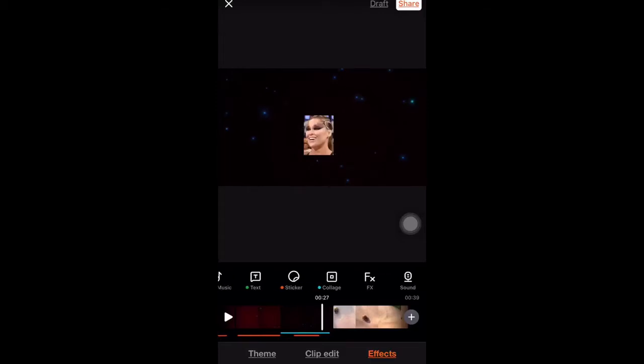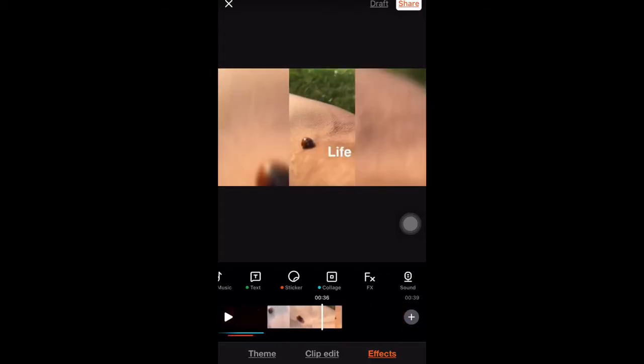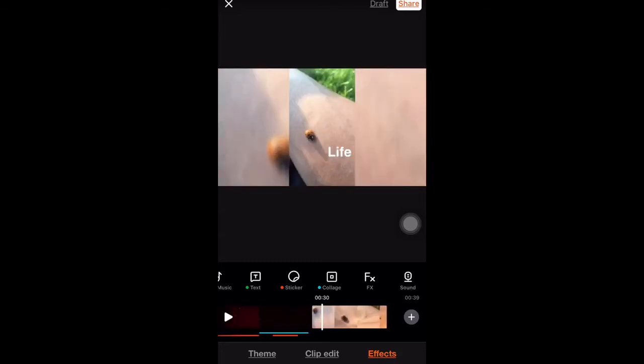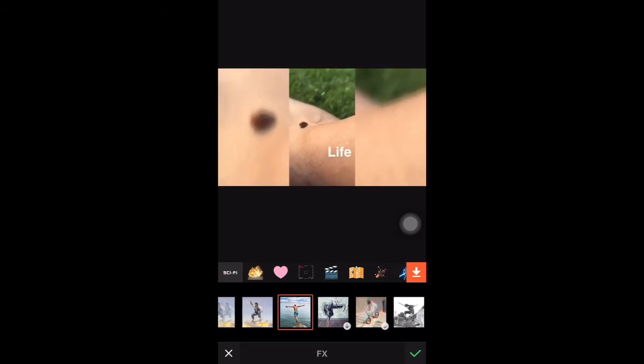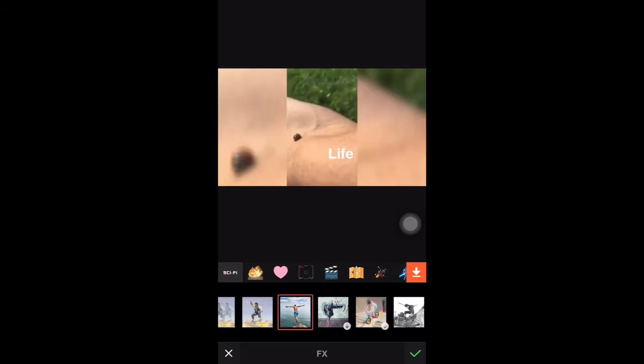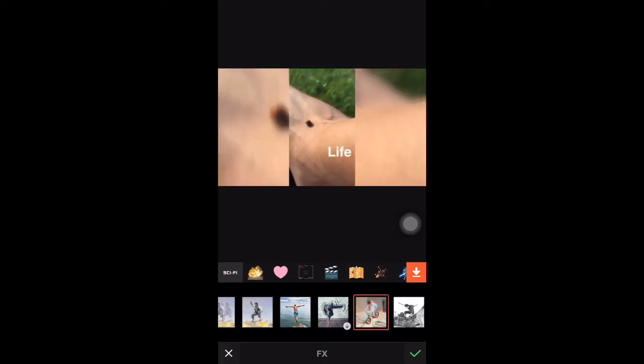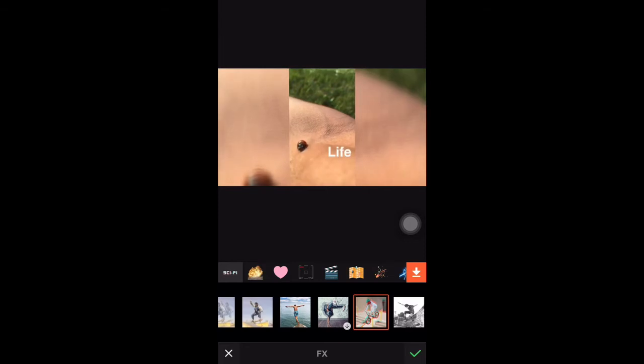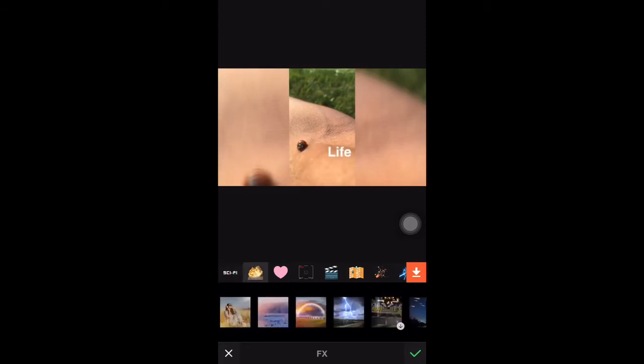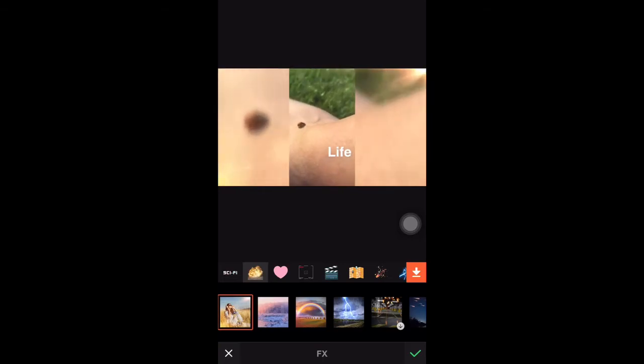So we're gonna go on over into this other clip where I have this ladybug crawling up my arm, and we're gonna go into effects. This is so fun. Effects is so fun. So here we just have some different effects where they actually take the video and put the video into this wow style type of effect here. You see where we have this neon vibration thing going on with this guy on this bike here? I'm going to click on it to download it, and it'll give me that type of pulse in the video. So here we have different effects where the light is shining, snow,